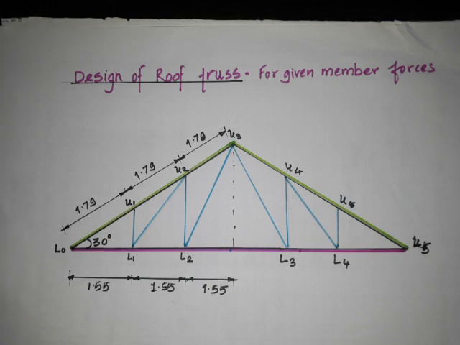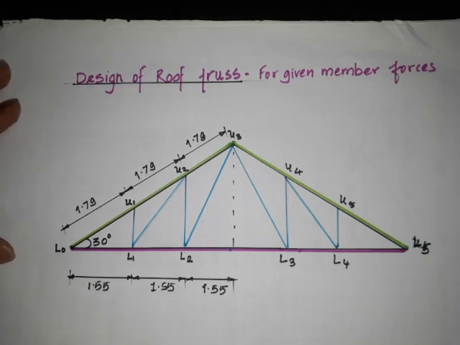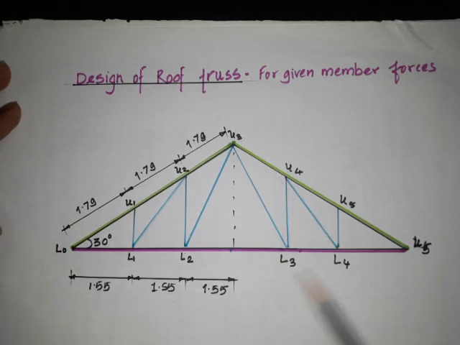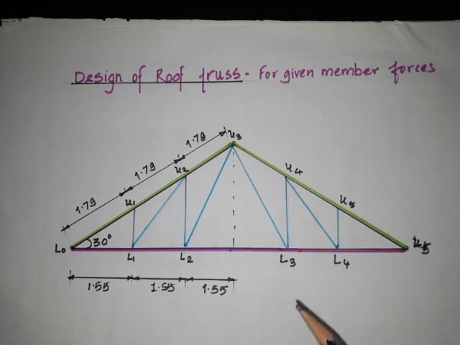What I discussed in the bolted roof truss, the same geometry I will consider here. By using the same geometry, like the principal rafter, the bottom tie and other interior members, I am going to use the same forces. हमें यहाँ पे क्या करना है? We are going to use the same member forces and even the same members. By selecting the same, यहाँ पे all the steps will remain the same. There is no change in the steps.